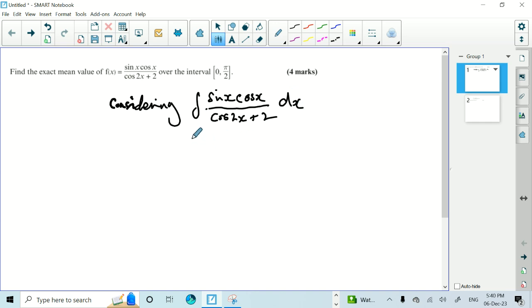Using the double angle, if we compensate straight away, that will give us a half times the integral,